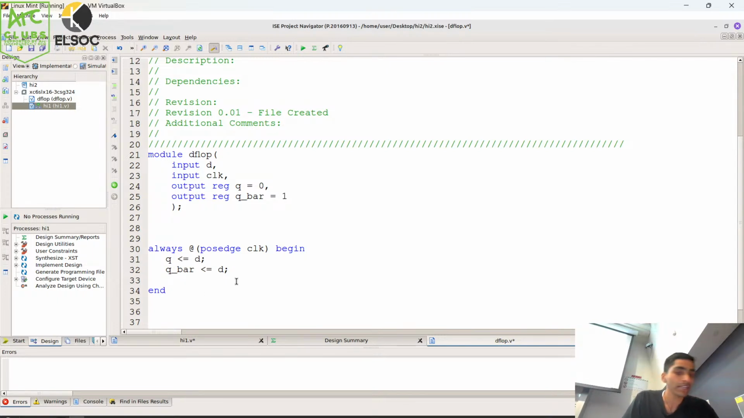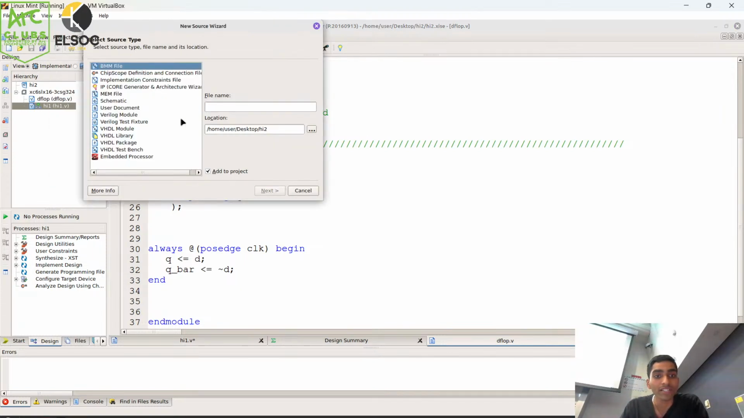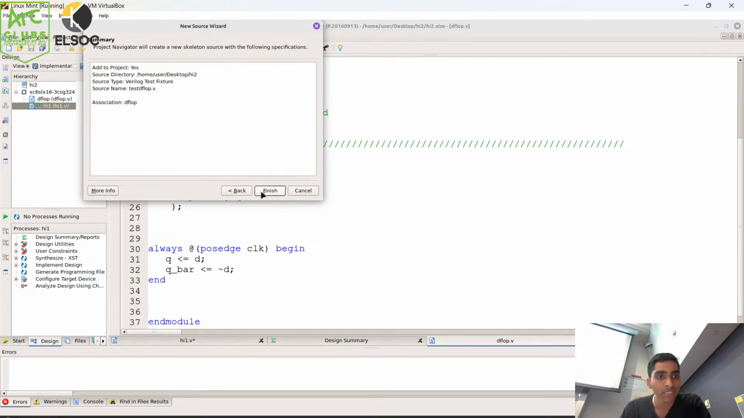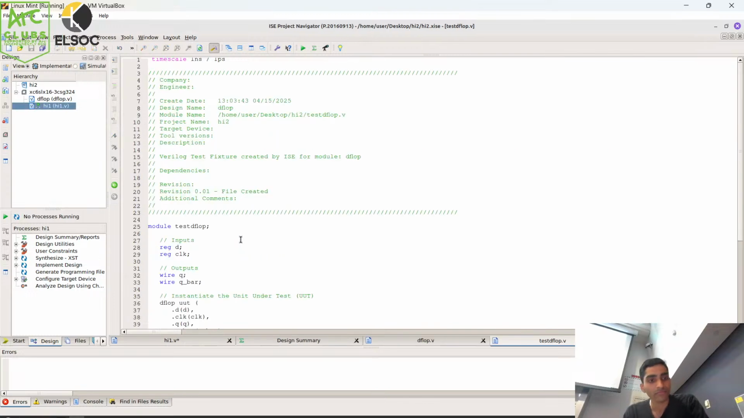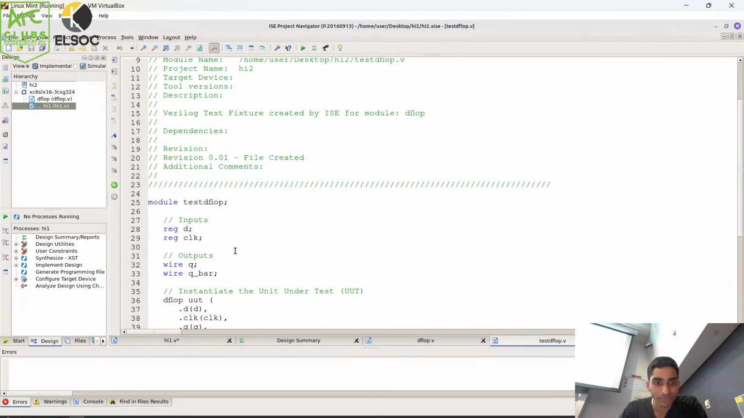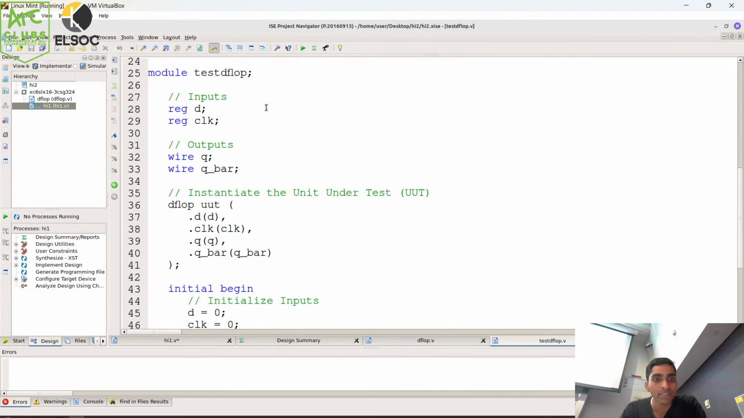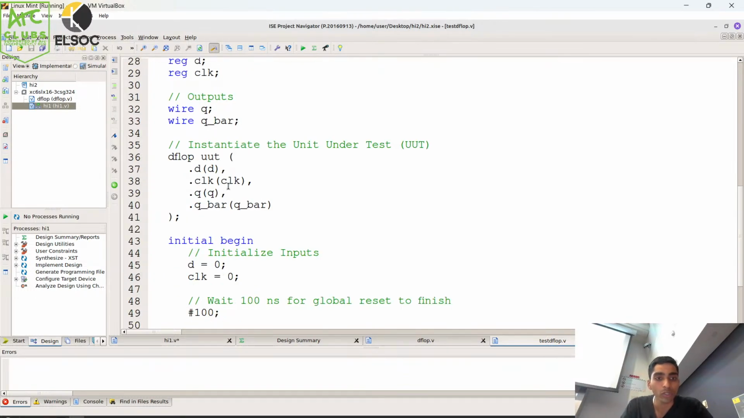Okay. And now we want to simulate this. We want to make sure that it actually works, right? What we can do is create a good old test bench, test dflop. Nice and big. We have a D and a clock, a Q and a Q bar. This is the syntax that you pointed out earlier. We can